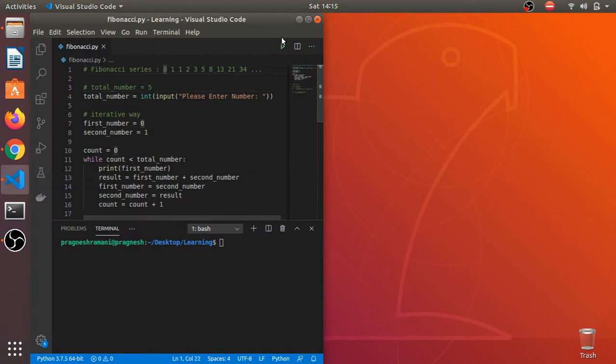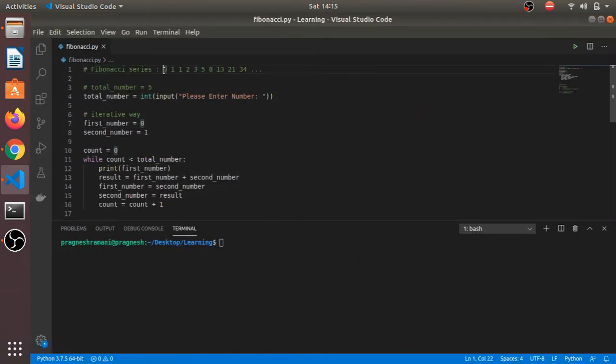So as you can see here, our Fibonacci series is starting from 0 and 1 and followed by 0 or 1 and followed by 1. So our Fibonacci series is starting from 0 and it is followed by 1. So these two numbers are always present in Fibonacci series to get the next number. Okay, so this is how Fibonacci series looks like at the starting stage, and how this next